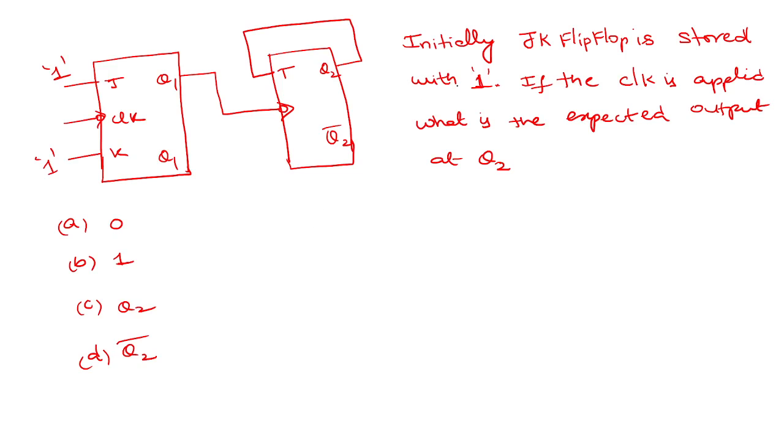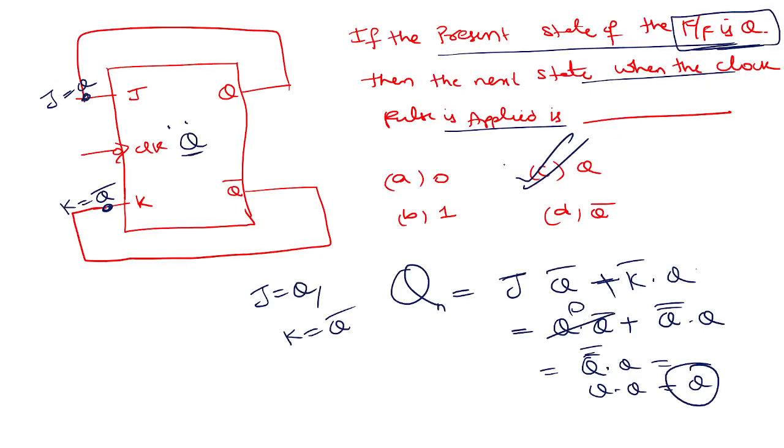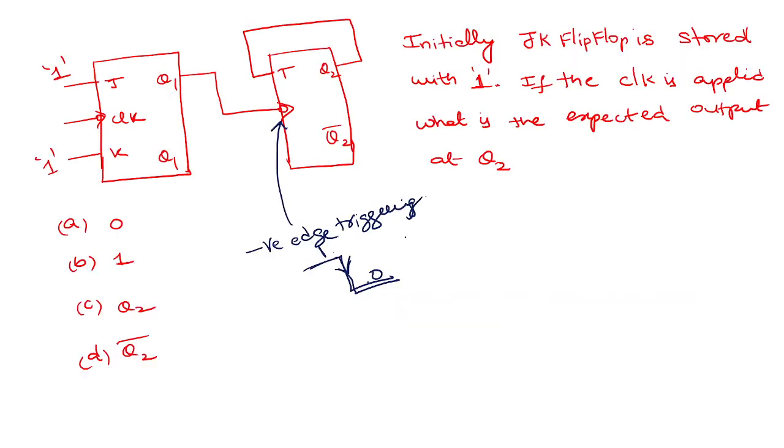See, what is the symbol of this? What does it represent? Negative edge triggering, right? That means if the clock generates a 1 to 0 transition, then the corresponding function will be performed. Now, just now we saw the JK flip-flop, JQ bar plus K bar Q. If I take this for a JK flip-flop,